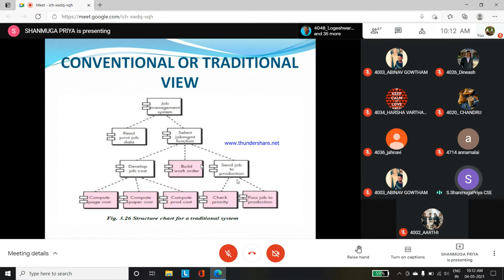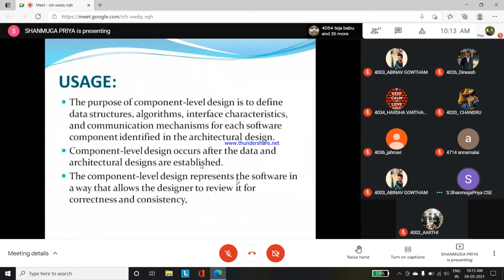Nearly 60 to 70% of errors we can identify in the component level design. Okay, so these are the main purposes and main usage of component level design.